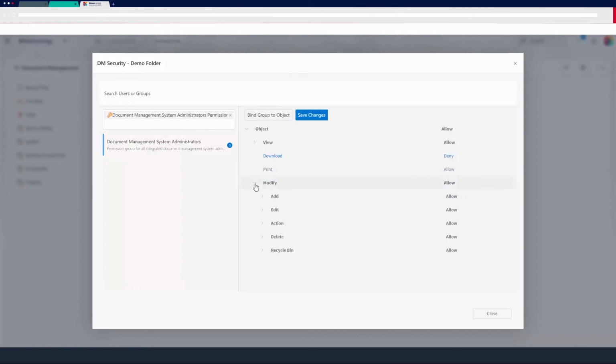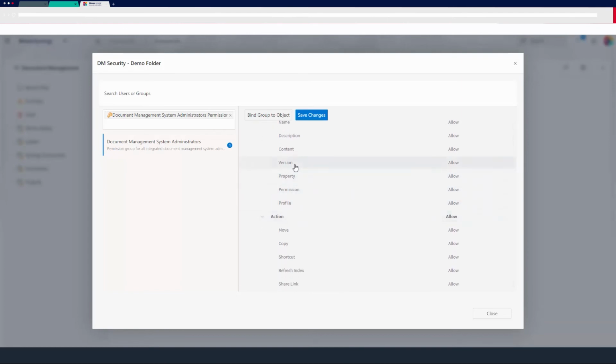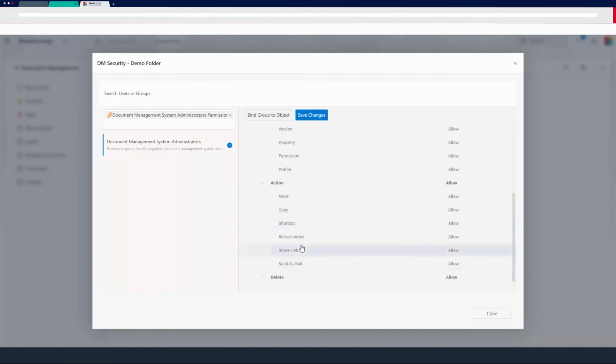On the Modify tab, I can give them authorization for adding new objects, editing the folders and documents, and from the actions, I can give them versioning authorization, copying, moving, or sharing a link.